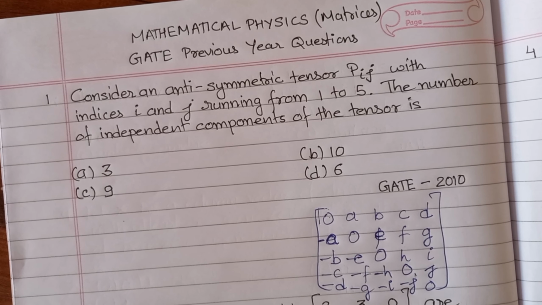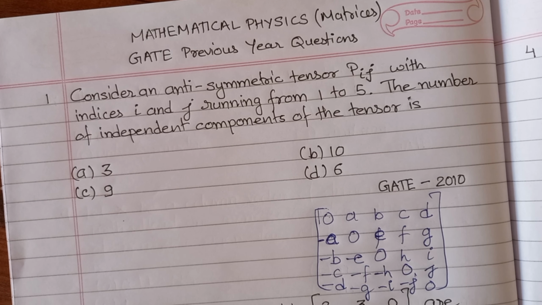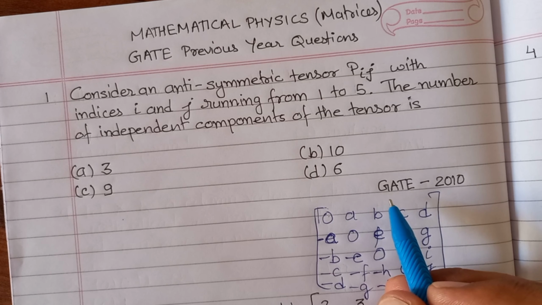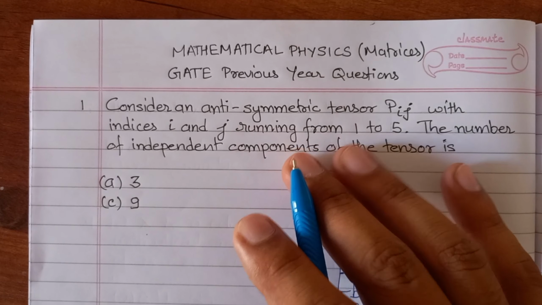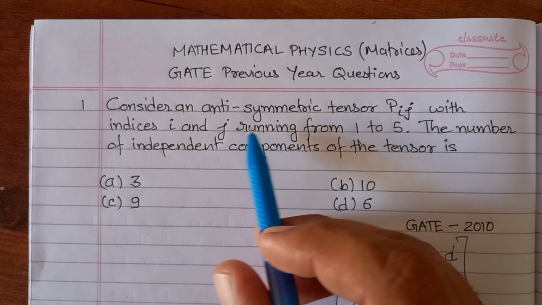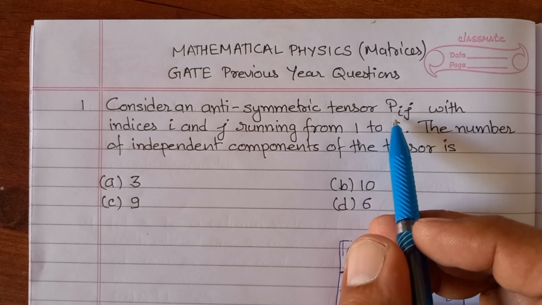Hello and welcome everyone. In this video we are going to look at 10 random questions from matrices from previous year GATE exams. So this is the first question. This is from GATE 2010 exam, and the question says that you have an antisymmetric tensor Pij with these indices